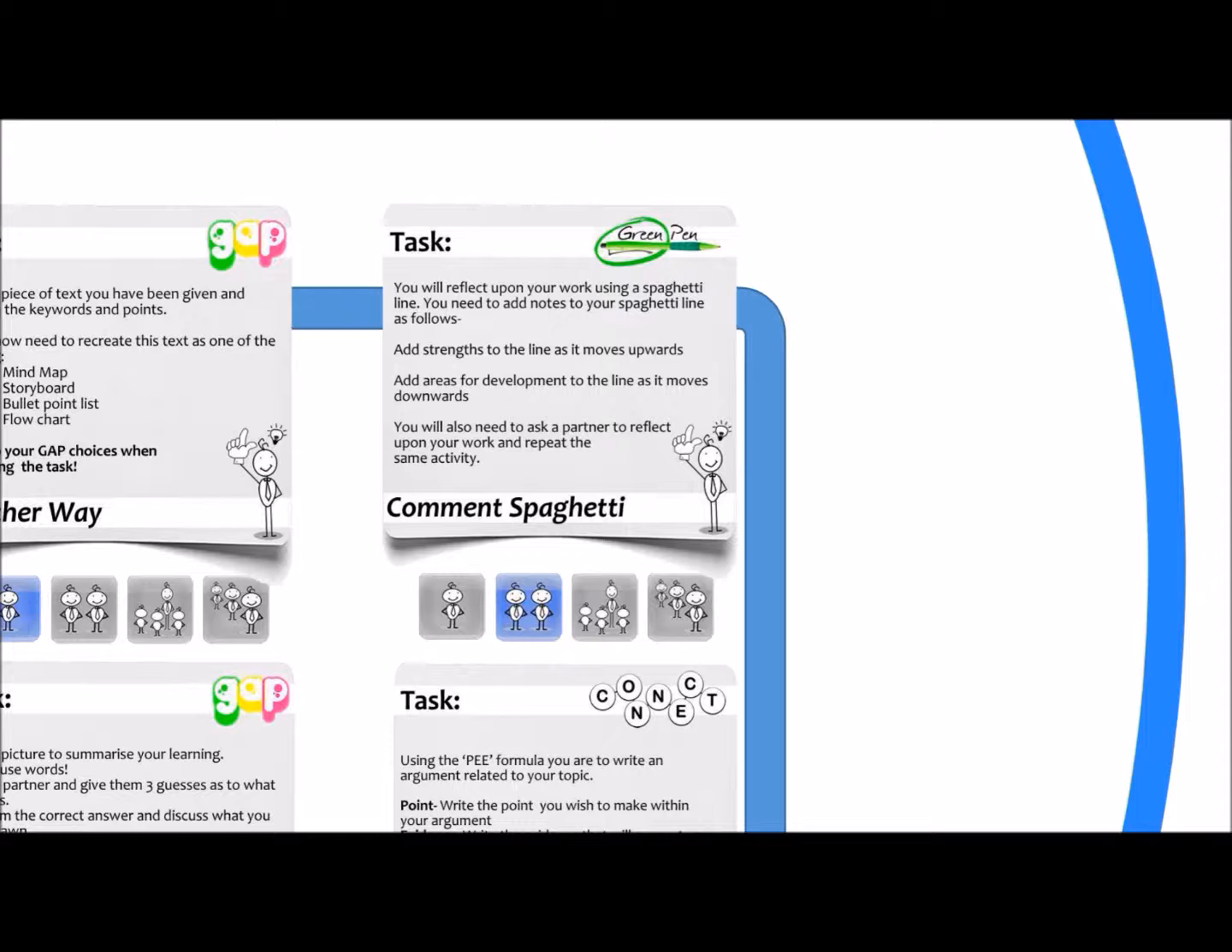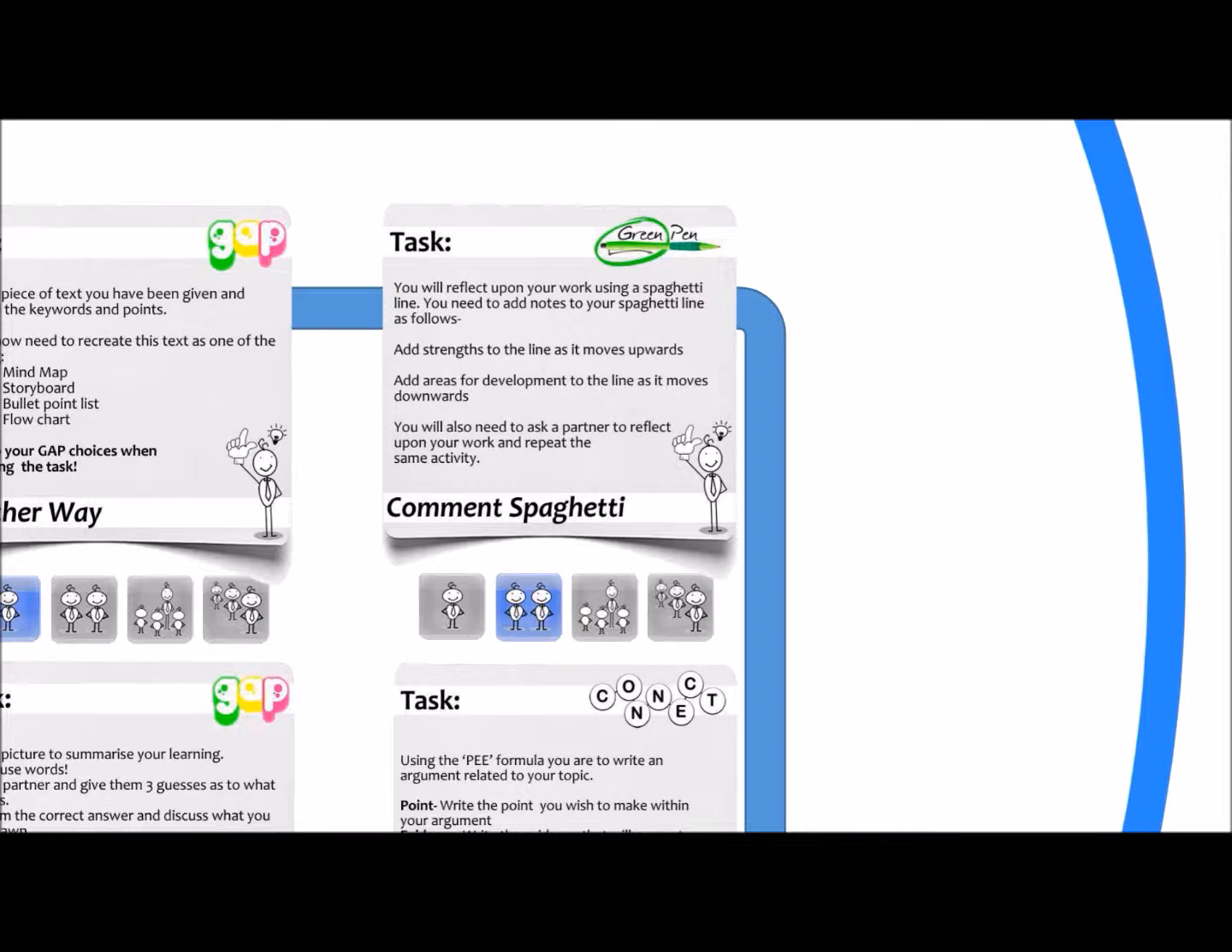That's then followed up with the students checking to see how well they've actually done the task using comment spaghetti, and you can see the explanation of the activity there. This is a paired activity where you can ask the students to reflect upon one another's work, and that's before